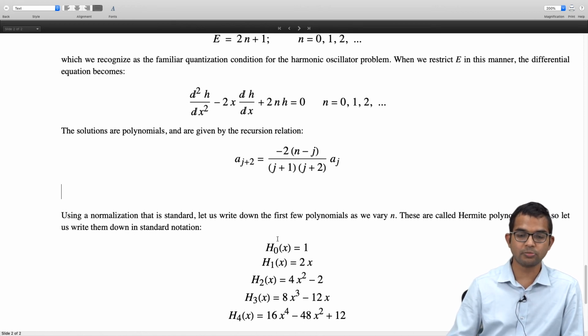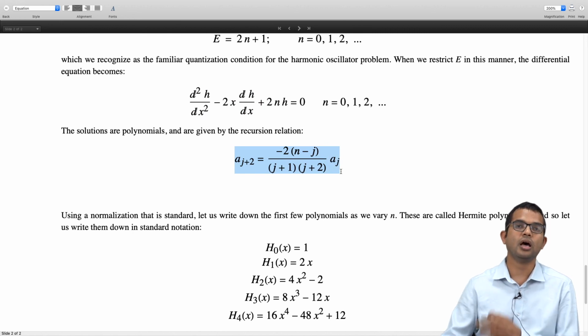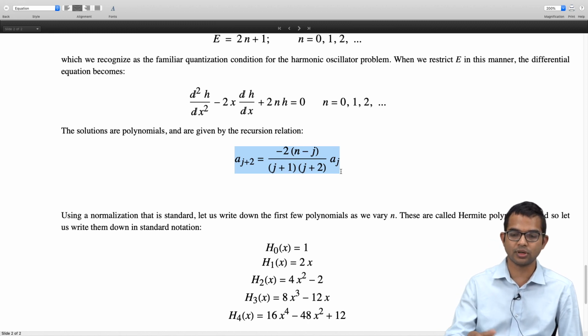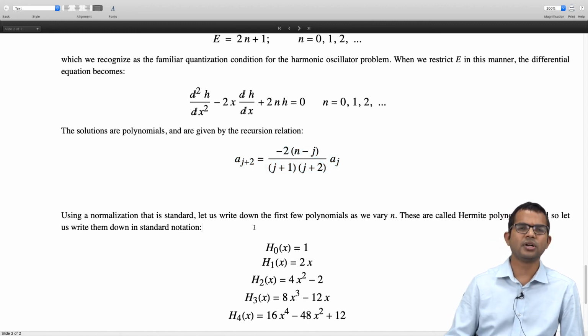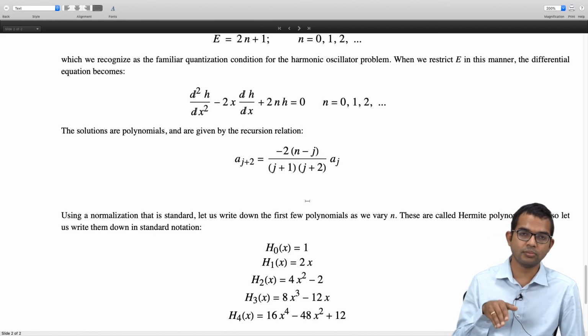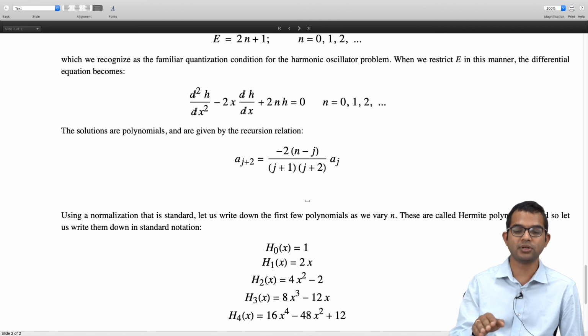So if you use these Hermite polynomials, which go back to this differential equation and whose recursion relation is this, and you use a suitable set of factors which depends on n in a very special way, I'm not giving you that formula here, but probably there will be more extensive discussion about orthogonal polynomials and so on in the next part of this course, right? So in any case, this is from a differential equation point of view, using the power series method,